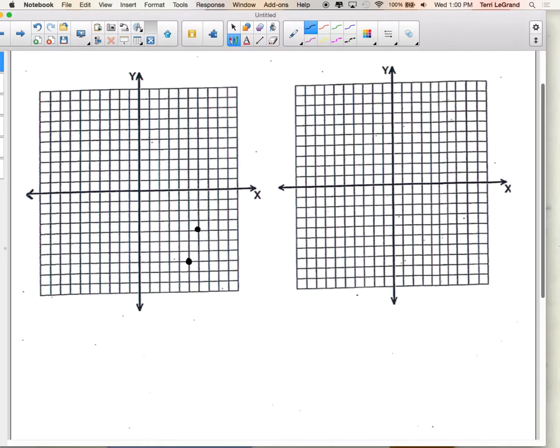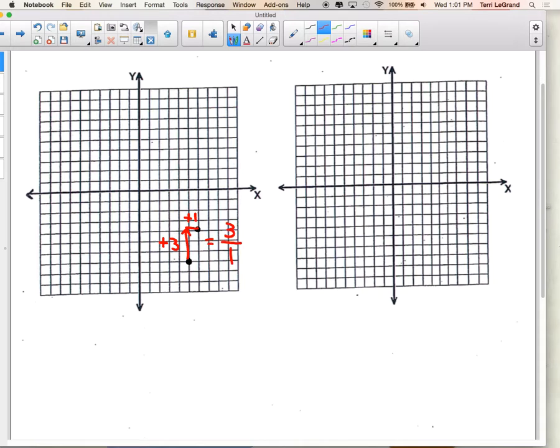What are we really doing? How do they really mirror each other? You're still finding rise over run, change in y over change in x. So if I start at this bottom point and I go 1, 2, 3 up and 1 to the right, I still have